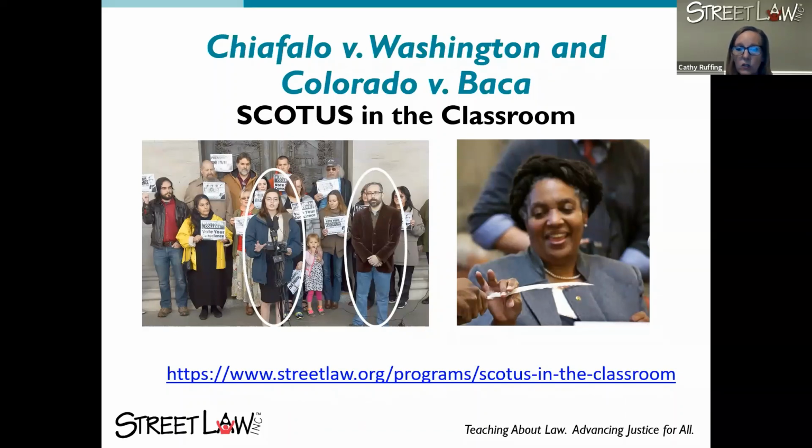So in these pictures, you can see Levi Guerrera on the left. She was an elector from the state of Washington. She was only 19 at the time of the election, so just a little older than our students. Brett Chiafalo, also circled in that picture, and then Esther John. These were the three electors in Washington that make up the petitioners in this case, even though the case is only known by the name of Chiafalo. It's really all three of them. And Ben will drop that link if he hasn't already. This takes you to our SCOTUS in the Classroom page that features all of these current cases.